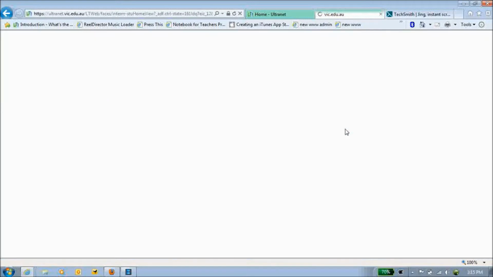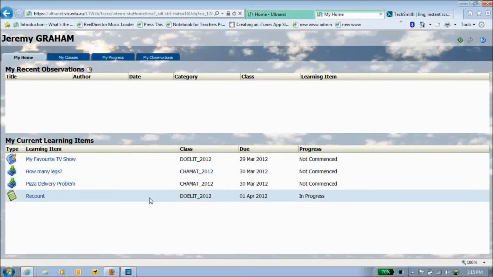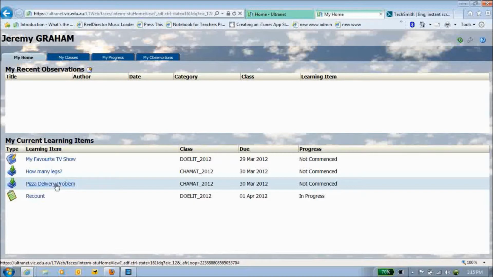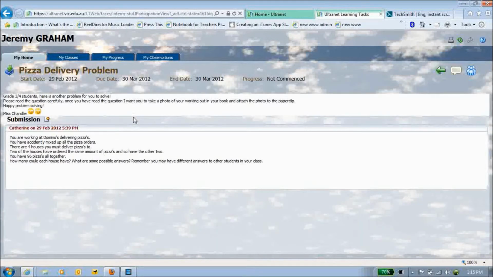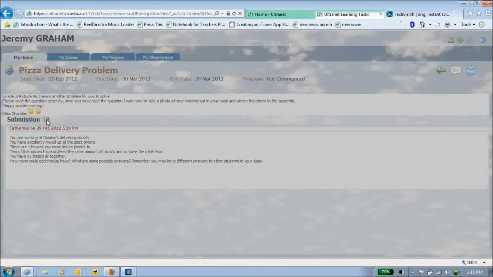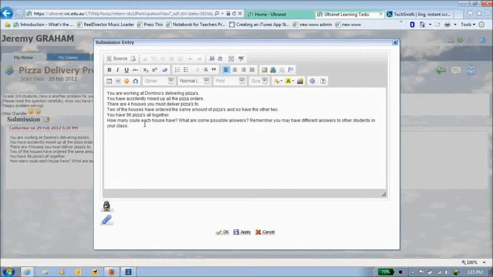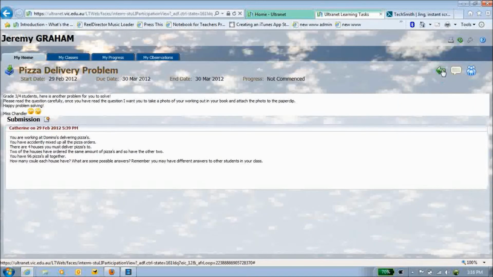We'll jump back and have a look at a couple of the other types of learning items that have been assigned to this student. One of them is pizza delivery problem. And by opening that, we can see what a submission looks like for students. Okay, so we have the instructions here, and we also have a button here for the students to submit some work. So they can write, answer these questions in here. They can also add an attachment, and they can also record their response. I will just press